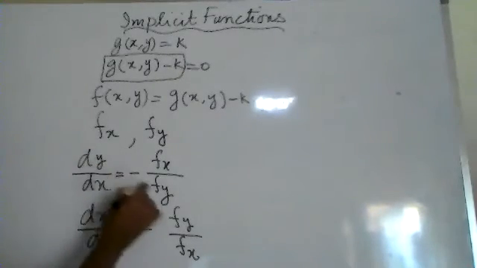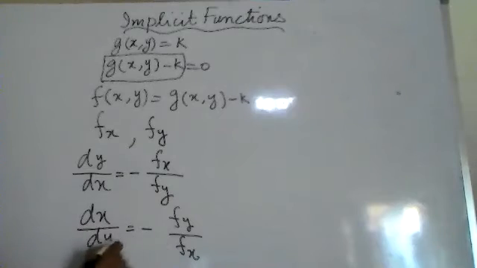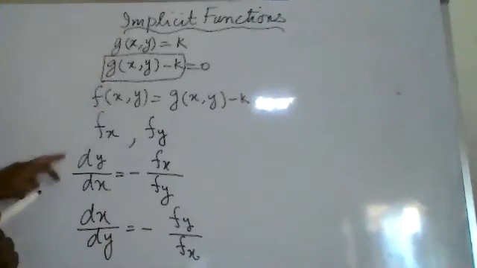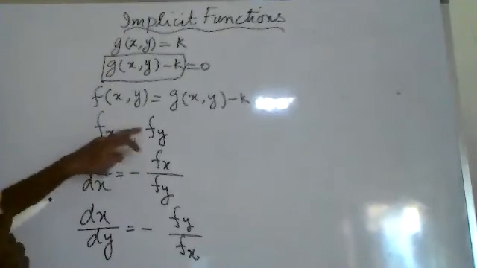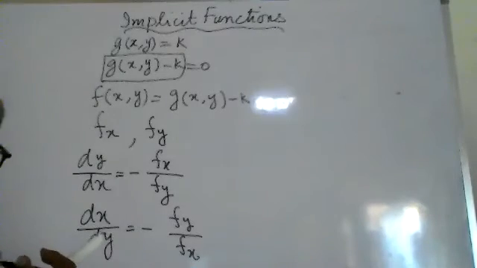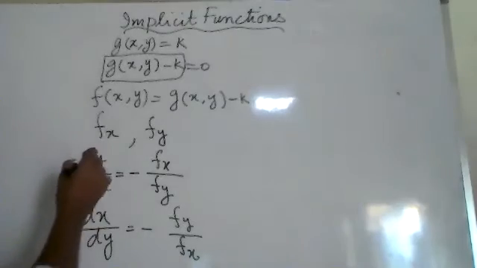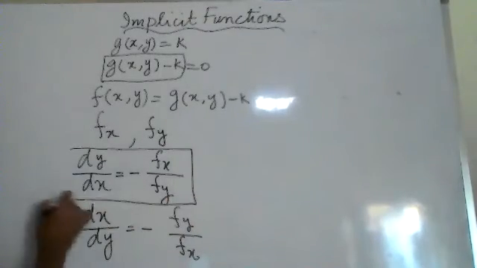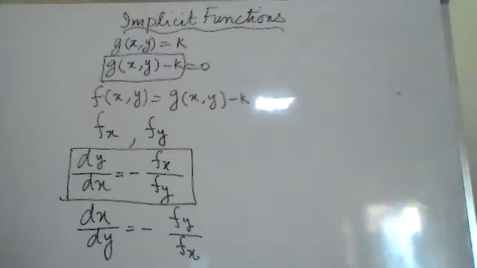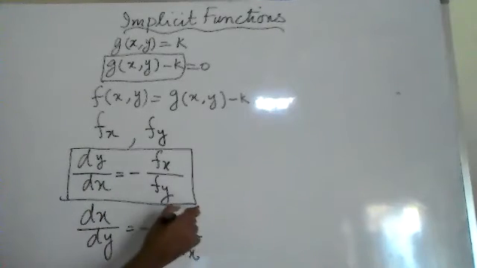That will go over there, that will come over there. In the same way, that will come over there, that will go over there. So this is the way how to find the implicit differentiation of the implicit function by using the partial differentiation. So the same exercise we are doing. So this is the formula for the partial derivative for dy upon dx. If we are interested in dx upon dy, then we will use this part.